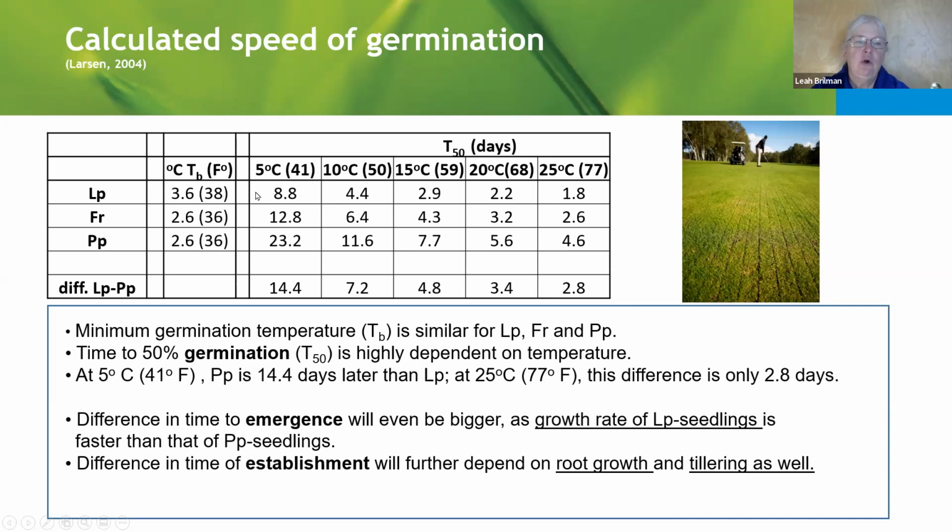Even at 20 degrees C, where there's this 15-day delay here at 5 degrees C. So the minimum germination temperature is similar for the species. The time to 50% germ is highly dependent upon temperature. At 5 degrees C, Kentucky bluegrass takes 14.4 days later than ryegrass, but at 25 degrees C, the difference is only 2.8 days. Difference in time of emergence will be even bigger, as the growth rate of perennial ryegrass seedlings is faster than Kentucky bluegrass. So difference in time of establishment will also depend on root growth and tillering of the grass seed